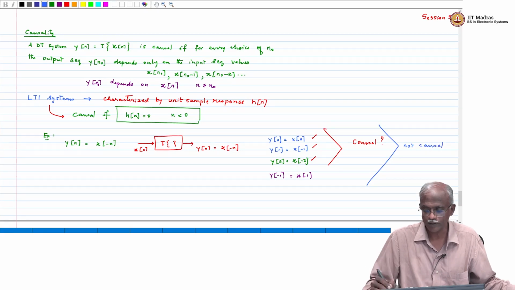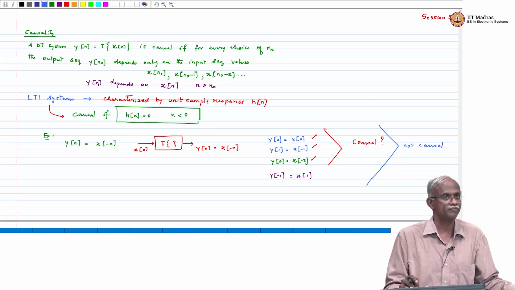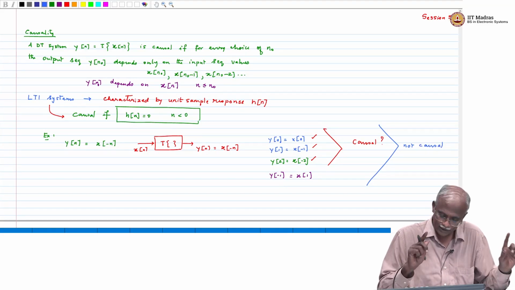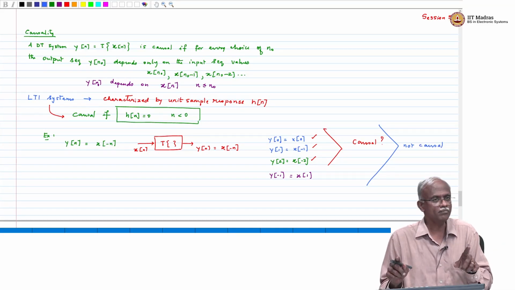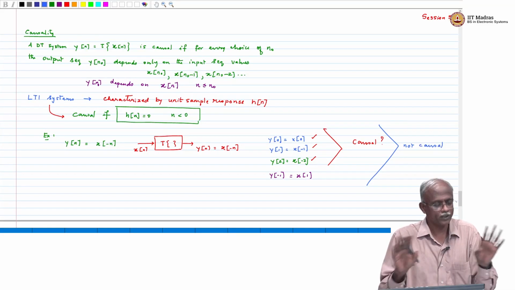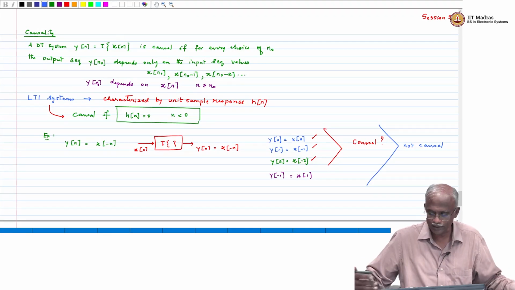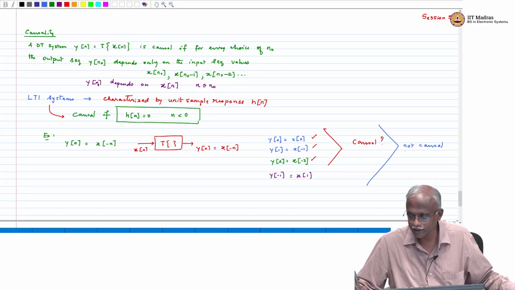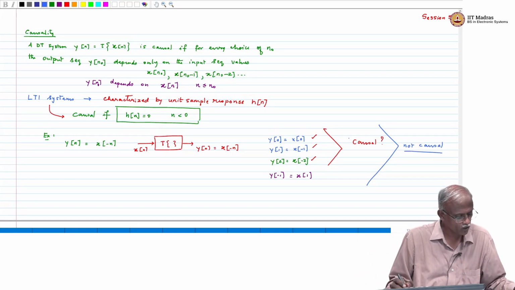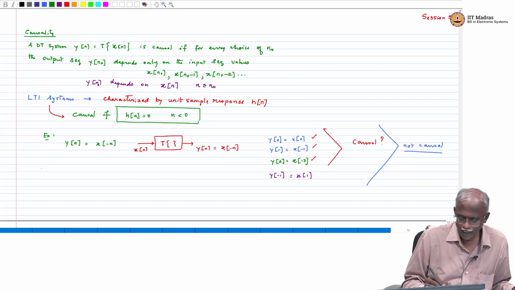It does not satisfy the properties of a causal system. Okay? And it turns out that this is not an LTI system, and therefore it does not have an impulse response. So, we can't use the impulse response criteria, you would have to actually expand it out. So, the answer to the question is this system is not causal. Example 2,